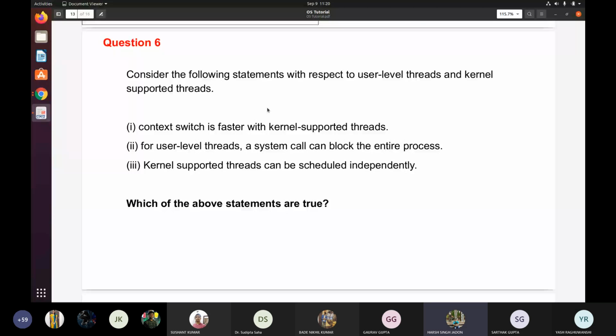False, true, true. Yep. So did everyone get it? Okay, I will try to explain. Like in the first question,